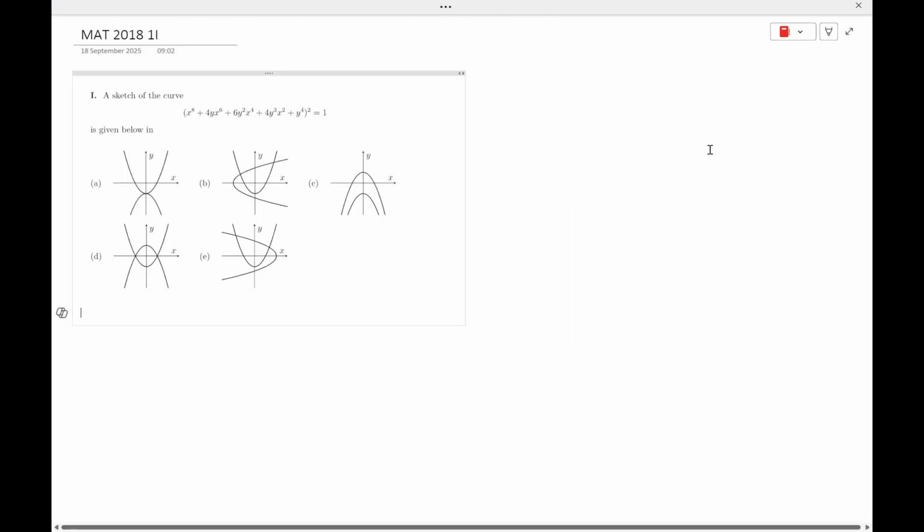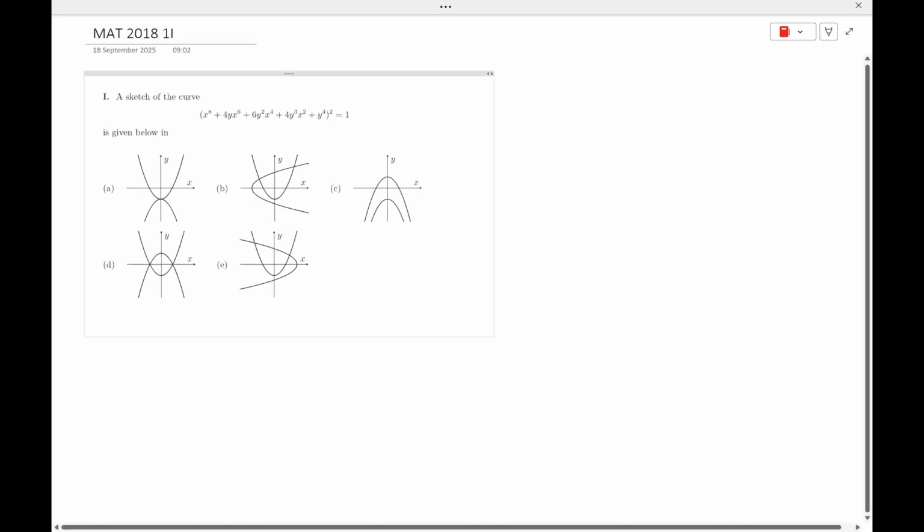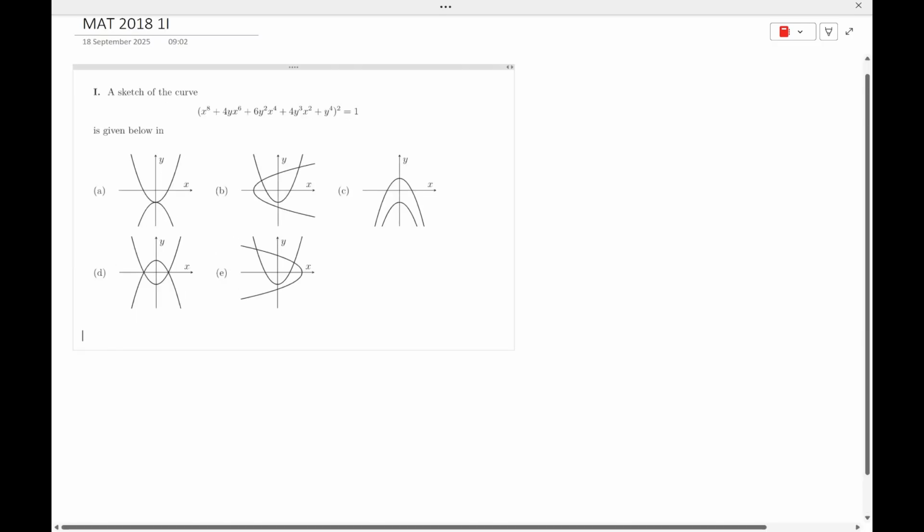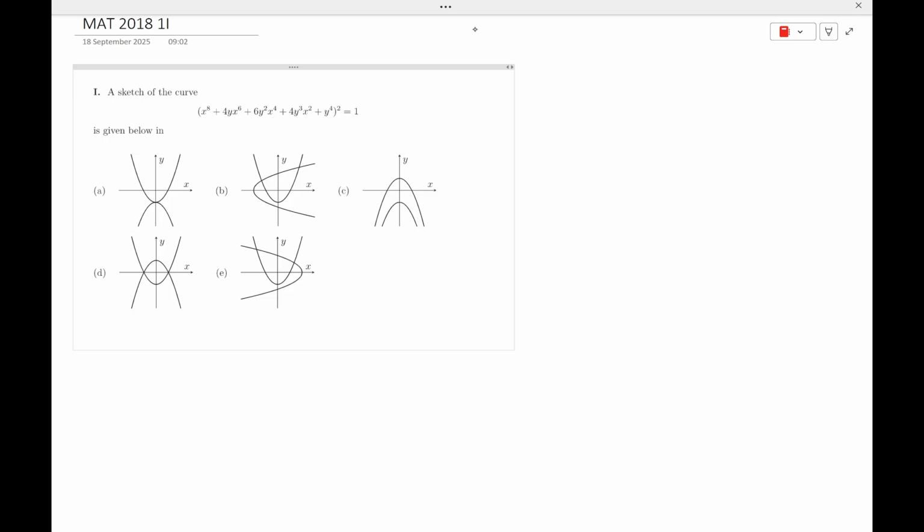Hi, this is a video for the MAT 2018 question 1 part I. So my attention is first drawn to obviously the equation. We can see that what we've got below all appear to be parabolas with various sorts of reflections or rotations or translations. But if we start off by really just focusing on the equation, generally the first thing I try and do with any equation like this is